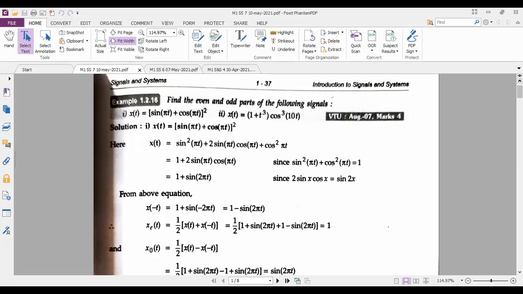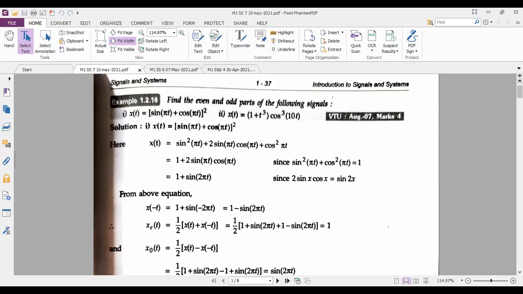We have the standard expression for u of t or u of n, delta of t or delta of n, pi of t or pi of n, or r of t or r of n. We have standard diagrams. Sigma of t we do not have. I think by mistake they have given it. So you can just leave that question.